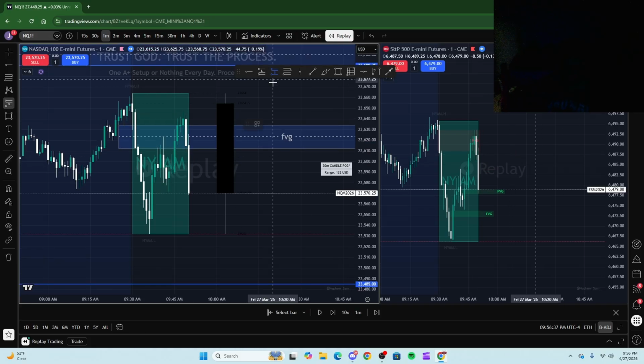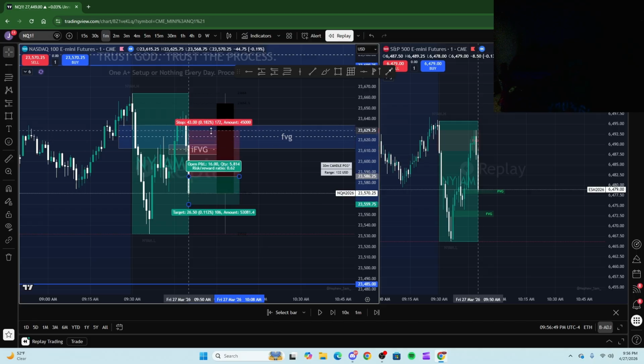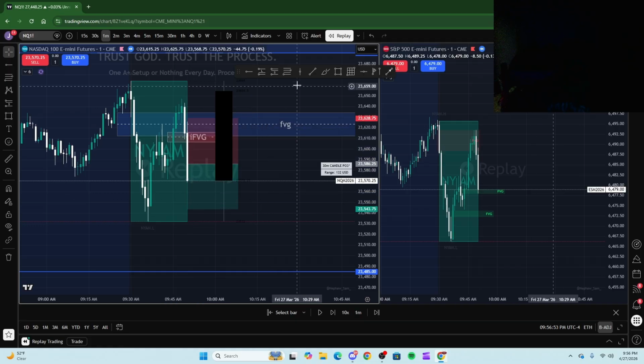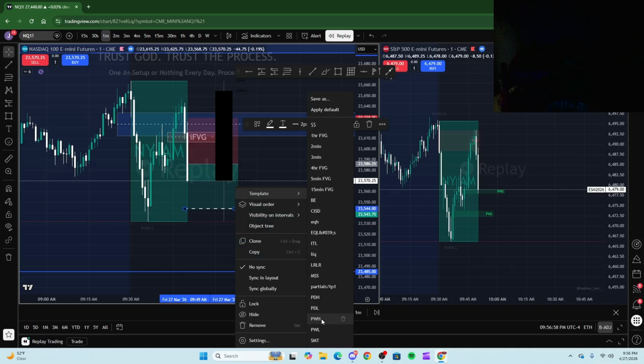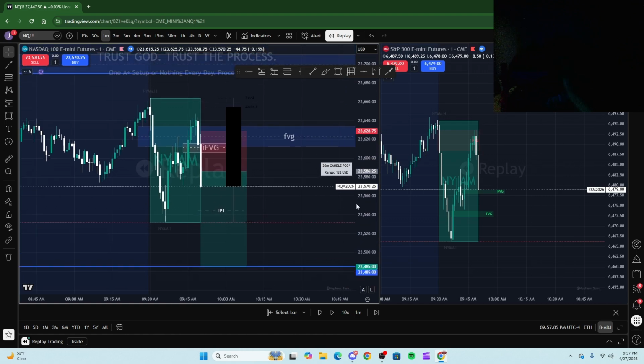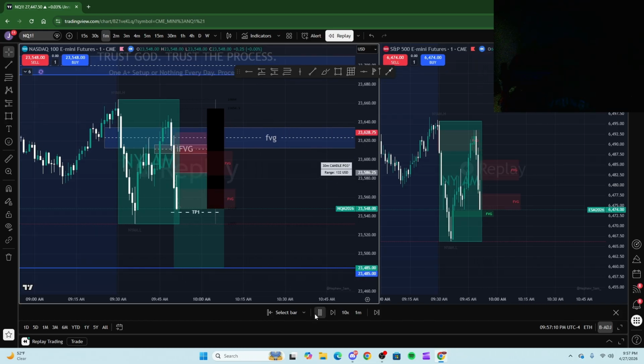Okay, boom. So this is a good gap. Obviously, with this displacement, I would probably get in at the middle of the candle. Stop would be above the candle at this point. Wow, that wick is fucking insane on this candle. Holy shit. Okay, so then I would probably go for a 1-to-1. We do have an SMT, which sucks. Partials, and then leave it for that drop. So yeah, once we get a displacing candle like this, I usually just don't want to see the high get revisited. Let's see what happens.